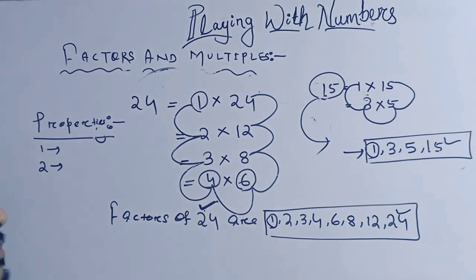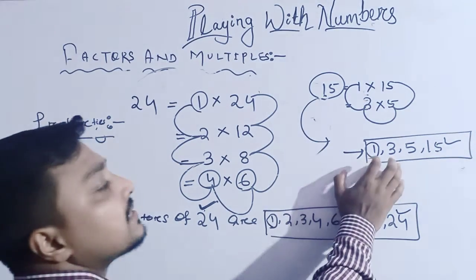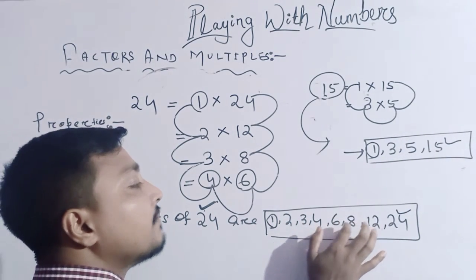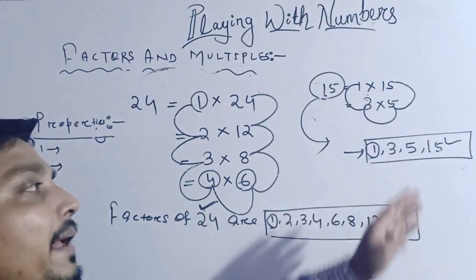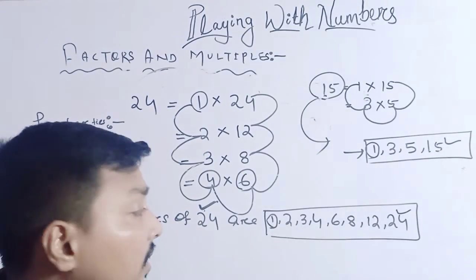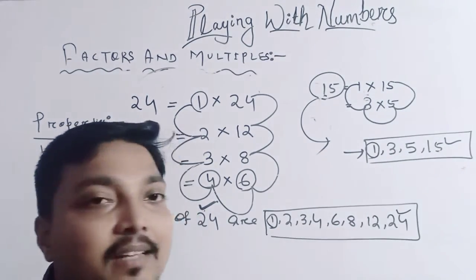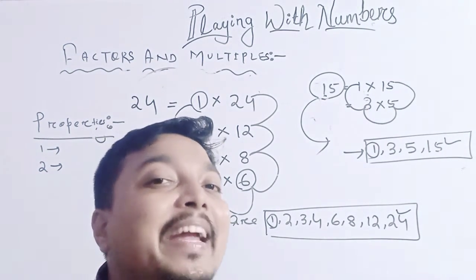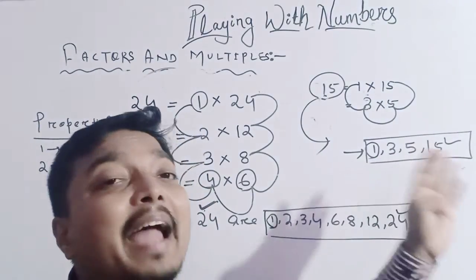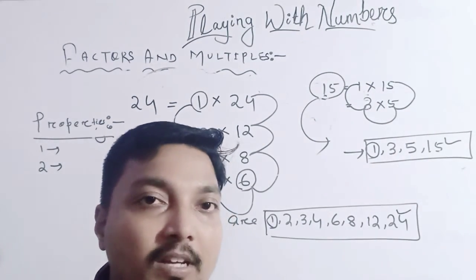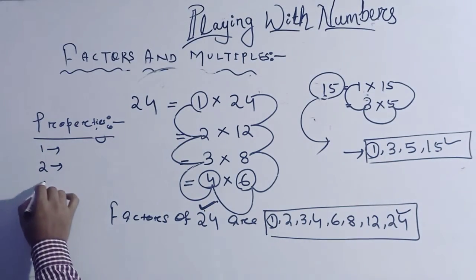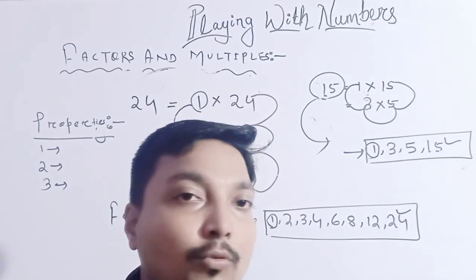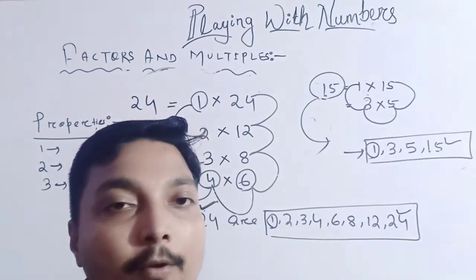Thereafter, another thing to remember. Here the number of factors is 1, 2, 3, 4. Here it is 1, 2, 3, 4, 5, 6, 7, 8. So the number of factors here is 4 and here it is 8. So we can count the number of factors. Count means finite. So we can say the number of factors is finite.